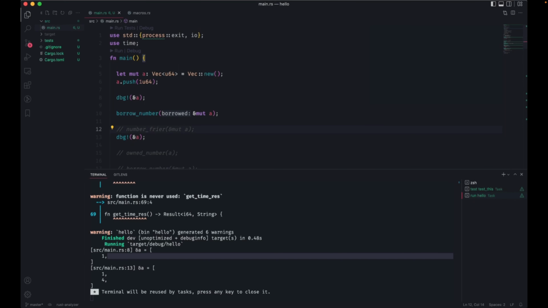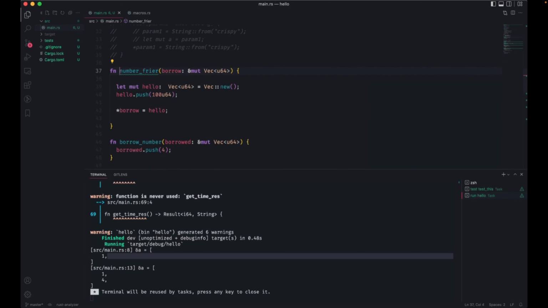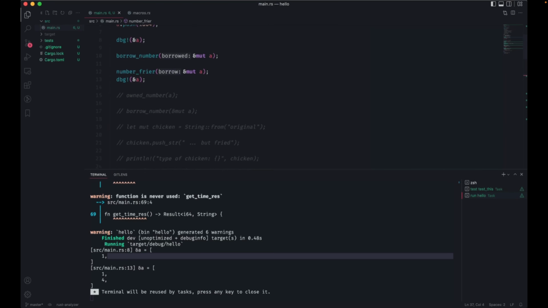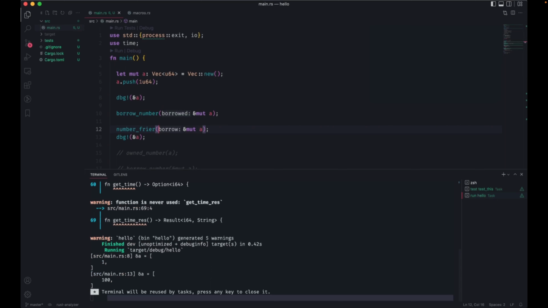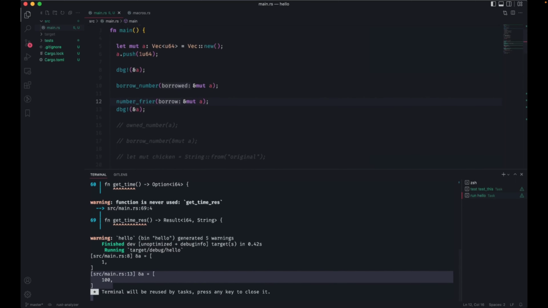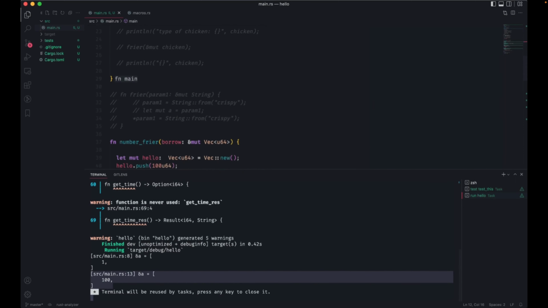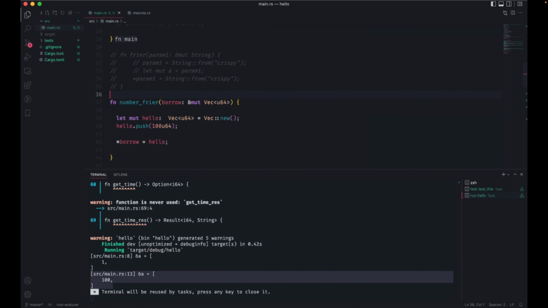Cool. But now I'm going to put it in the number fryer and see what I get. So I get number 100. It overwrote the other thing, but to be able to do that, I needed to dereference and really get the underlying object. So sorry, I know I'm talking fast. I'm doing a lot of things all at once for new people, but how are people feeling about this?